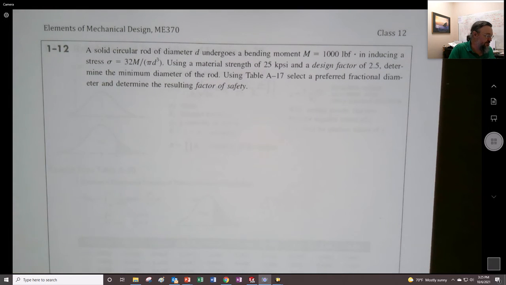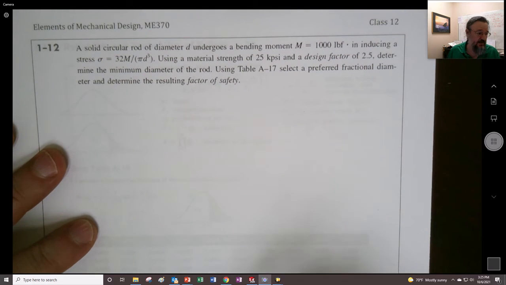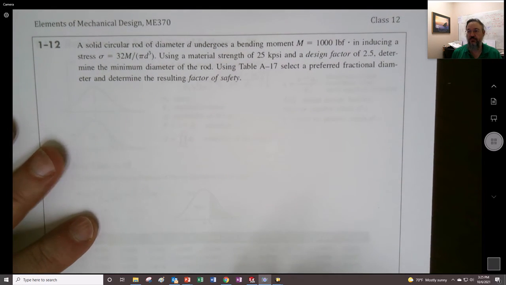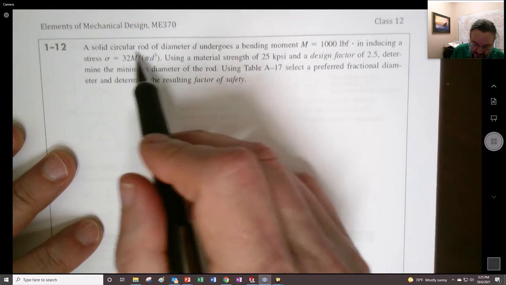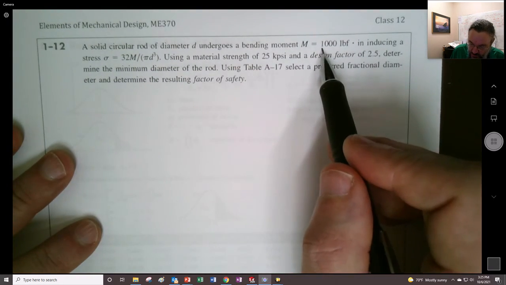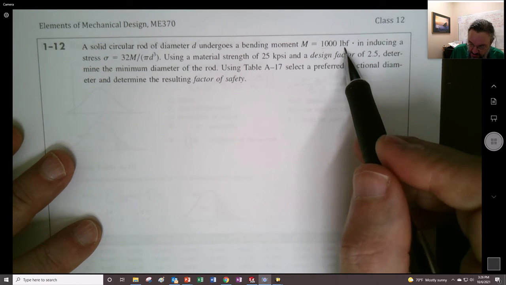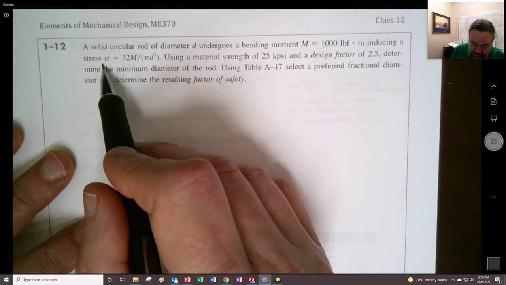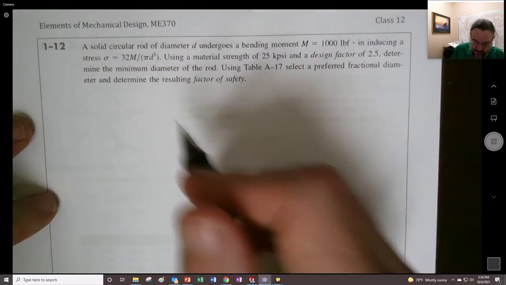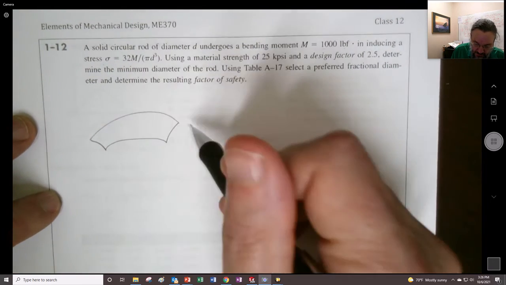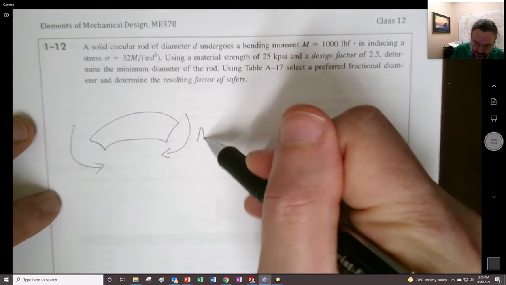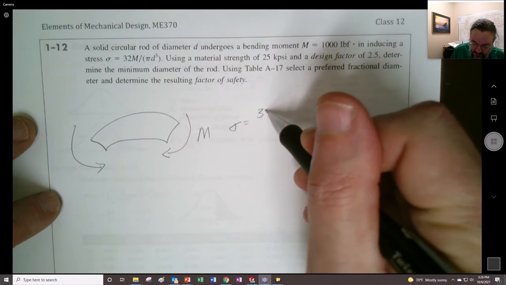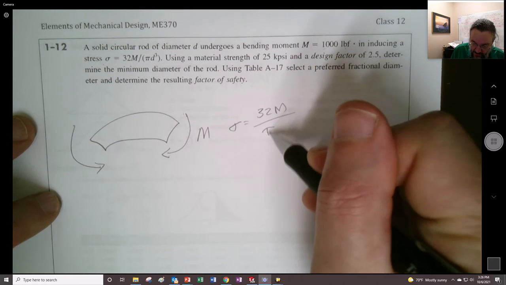And I'll just do Shigley's first, their example 112. And I know I did this in class already. But this is just the most basic safety factor thing. So we have a solid bar that has 1,000 inch pounds, and that creates a stress, right? So it's being bent. So this is a bending problem right here, right? So we've applied a moment to this thing, and we know that stress can be 32 M over pi d